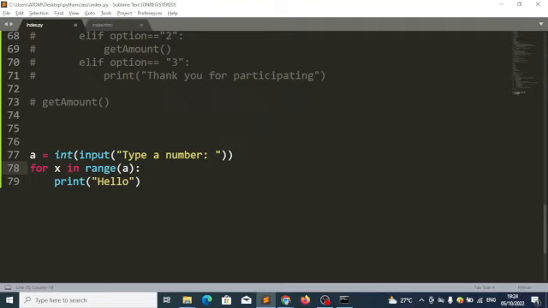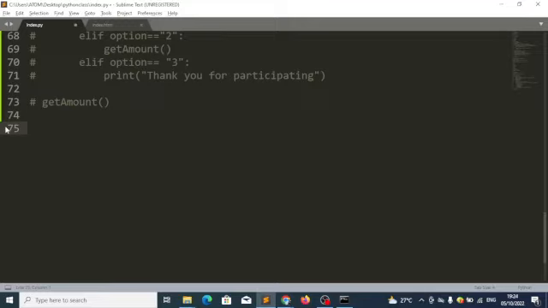Now to our assignment. We want to do a voting system. So when we get to the application, it's going to ask us how many people